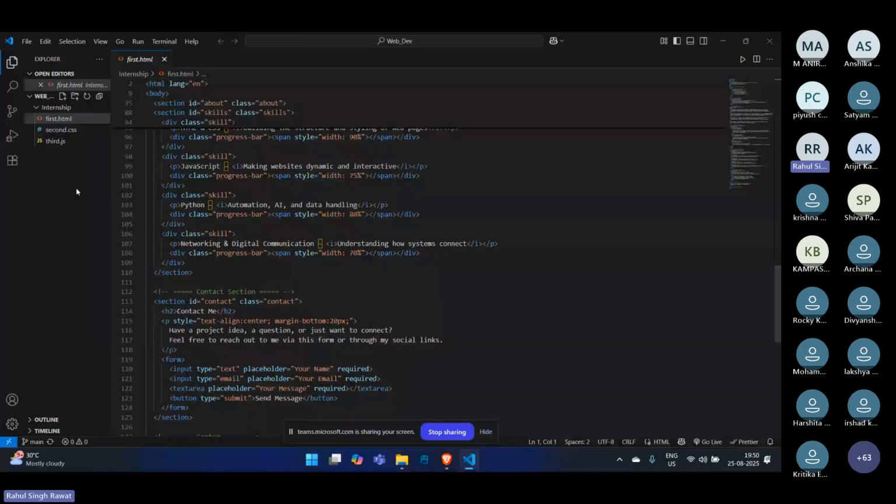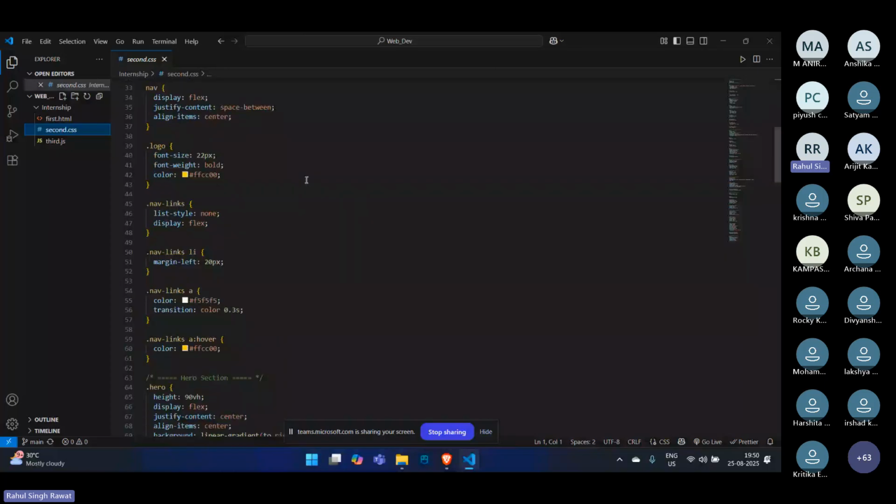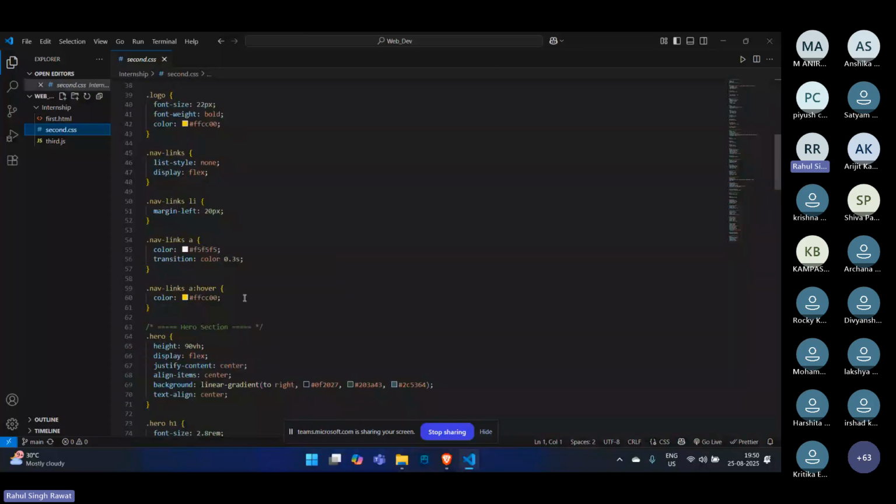So this is the CSS of my project, where in each section